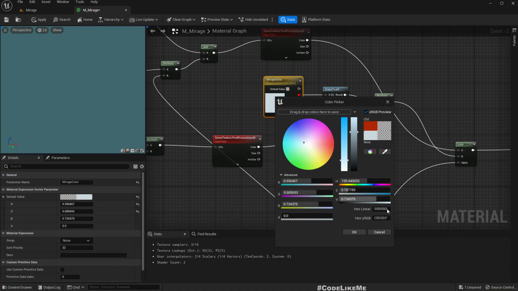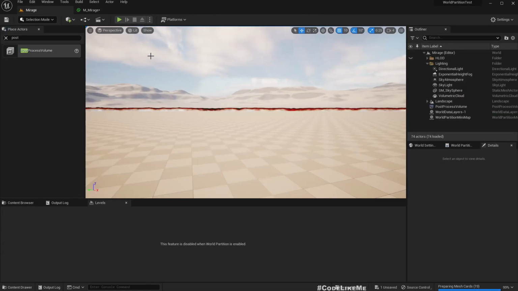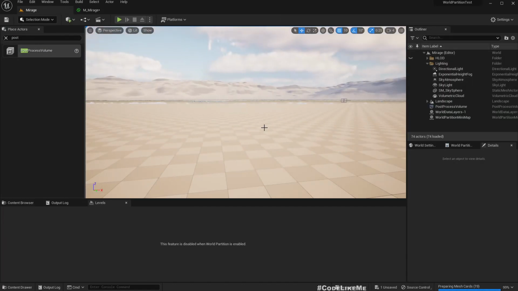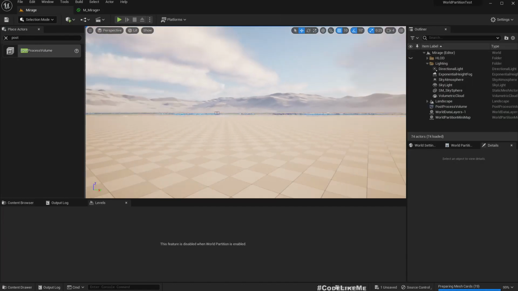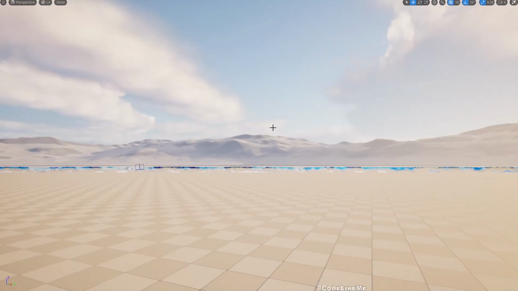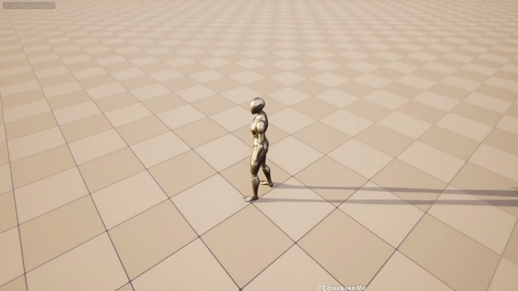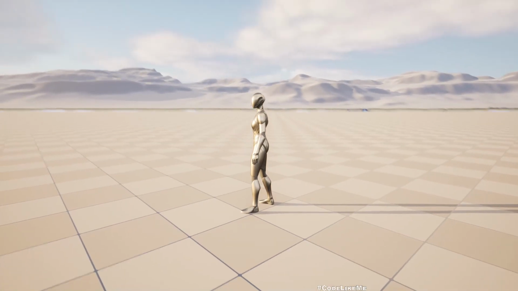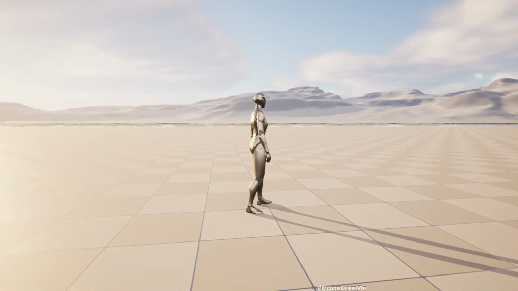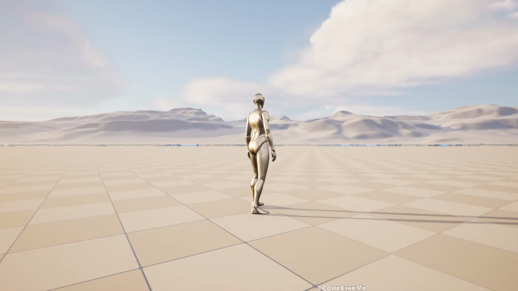Let's change this color a bit. Why does it sometimes become almost blue and black? I think it's alright. So yeah, now it looks like water, and I think it's a good spot to stop